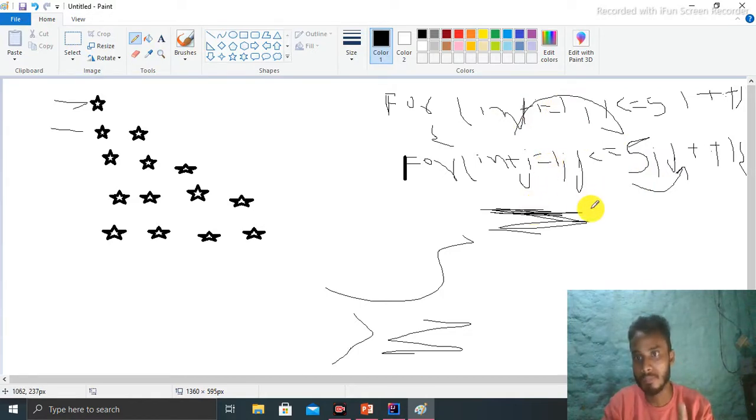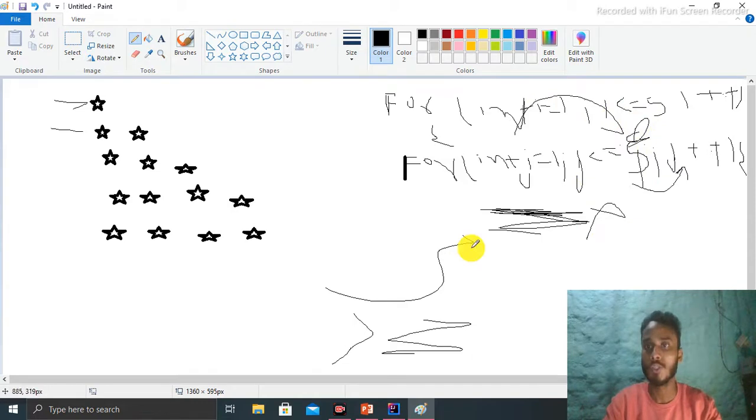When the i value is 2, then print 2 stars. So the 5 is going to change like i; it depends on i.